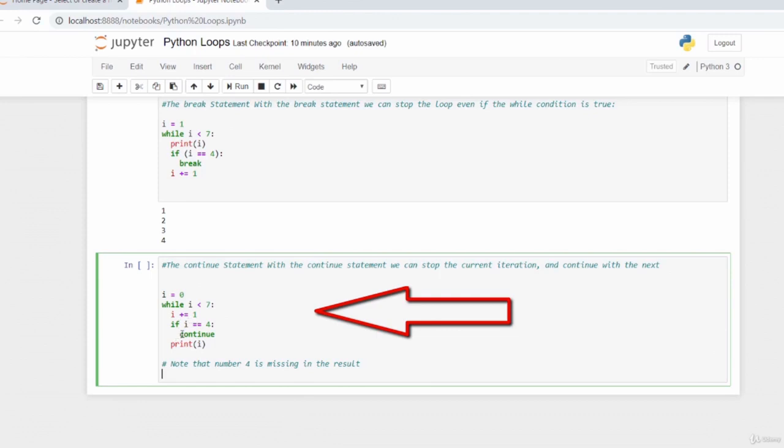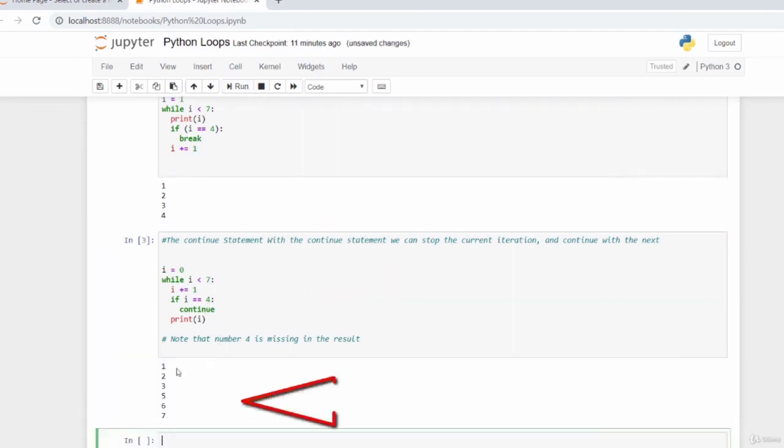And here we're saying if i becomes 4, continue, and then we're telling it to print i. So you will see when I run this cell that the number 4 is going to be missing from the result, because we're telling it to continue when it gets to 4. So it will skip 4 and then continue with the loop. If I click run, you can see here it does 1, 2, 3, it skips 4 and then prints